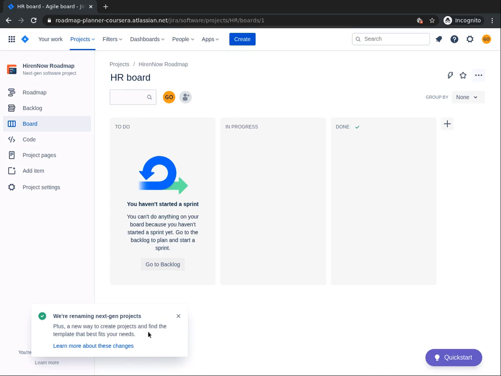Welcome back. In this task, you are going to create an issue in your backlog. An issue in JIRA could either be an epic, a user story, a task to be completed, or a bug to be fixed. However, since our objective is to build a product roadmap, we are not going to be concerned about tasks and bugs. We will only be creating epics and user stories that will communicate our product vision and